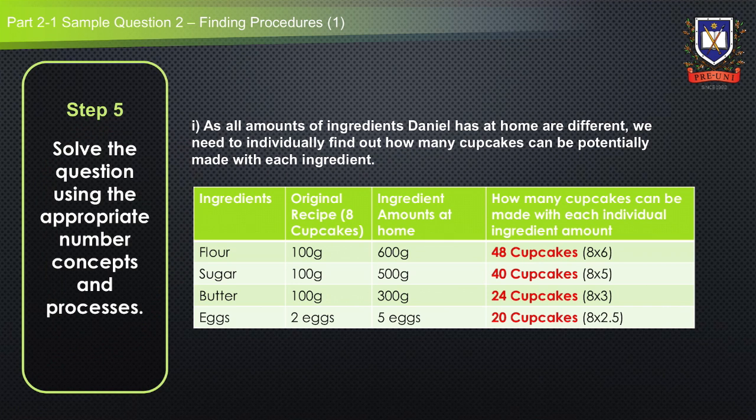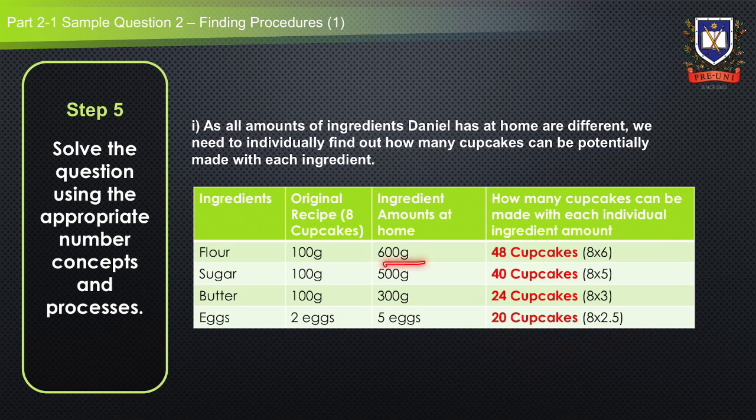Firstly, as all the amounts of ingredients Daniel has at home are different, we need to individually find out how many cupcakes can potentially be made with each ingredient. We have made an extra column to show this information and also written how we were able to come to this conclusion. For example,